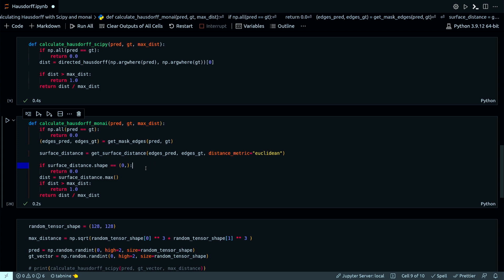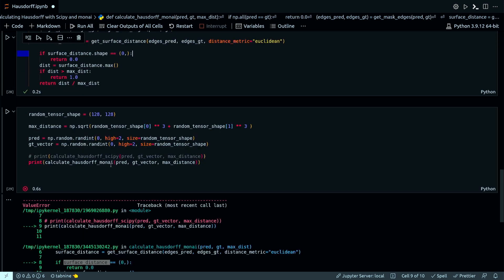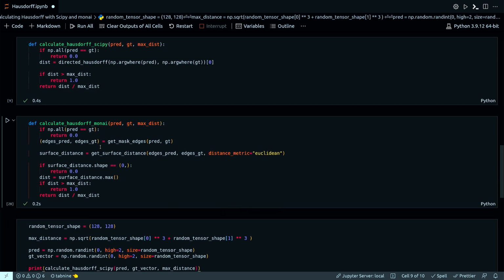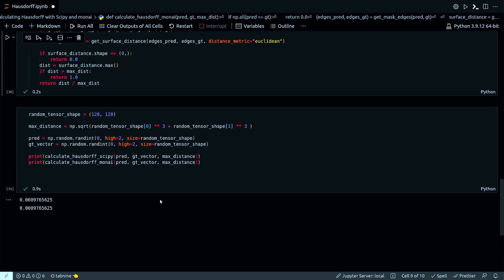And then it should be all right. So let me run it again from here, all the code cells below. Yep, so now it ran well, and I got the Hausdorff Scipy this value, and I got the Hausdorff under